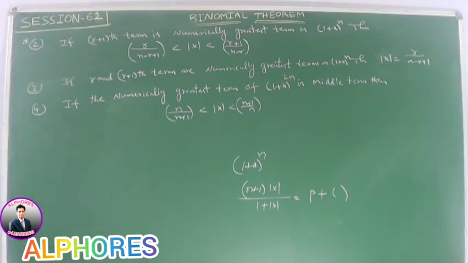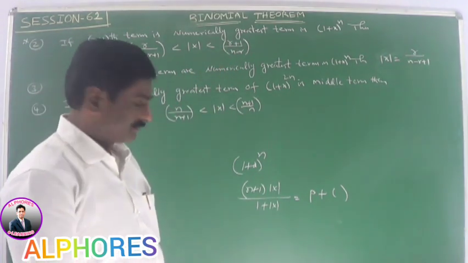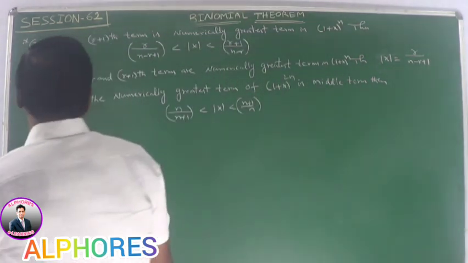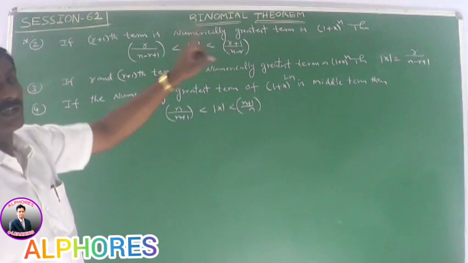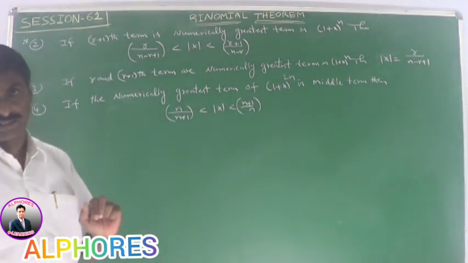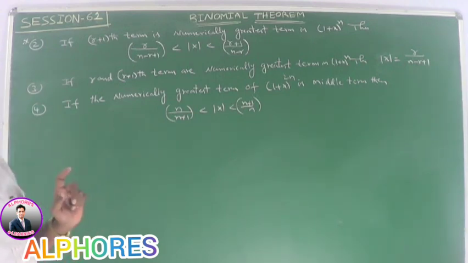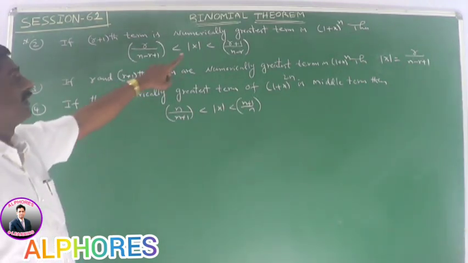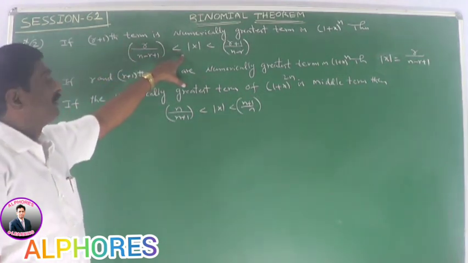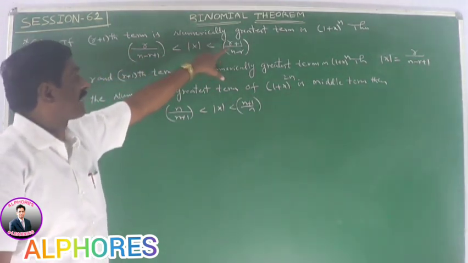If the r plus 1th term is the numerically greatest term, please note this value. If the r plus 1th term is the numerically greatest term in (1 plus x) whole power n, then the range of x is r by n minus r plus 1 is less than mod x less than r plus 1 by n